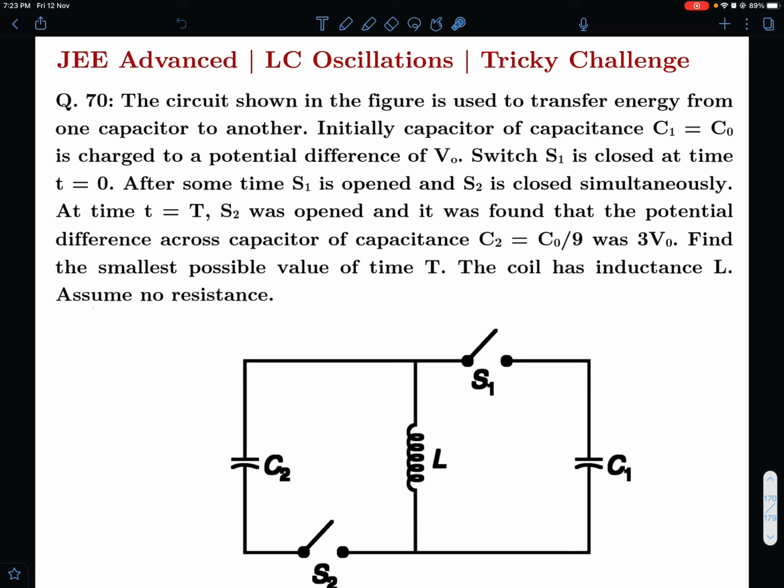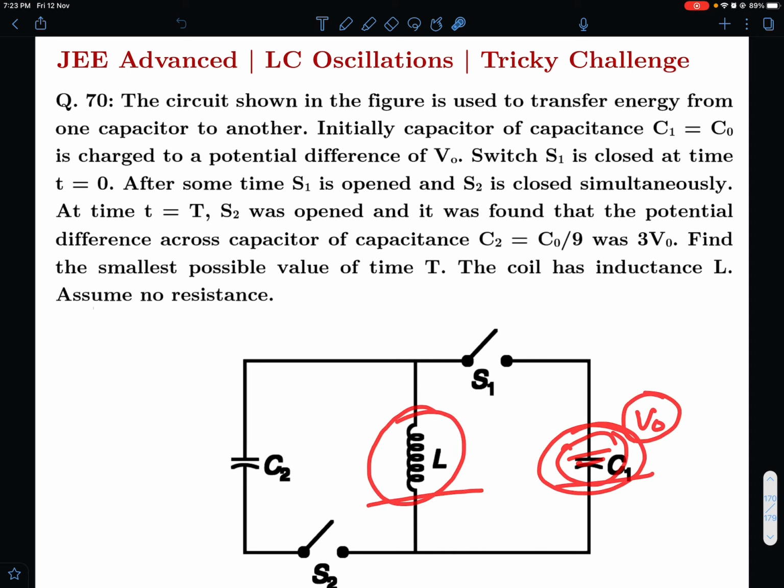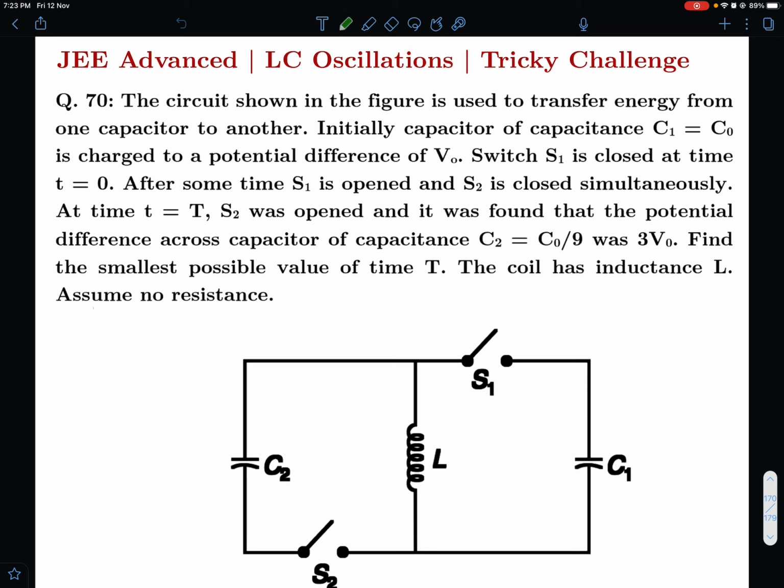Okay, and what kind of position are we starting with? So this has got potential difference V0 and initial current is 0. So we have started with an extreme position, right? And gradually this capacitor is discharging initially, so the potential difference across this will be decreasing.